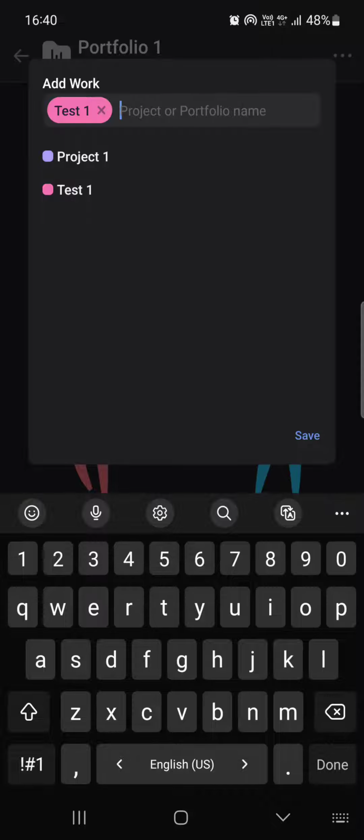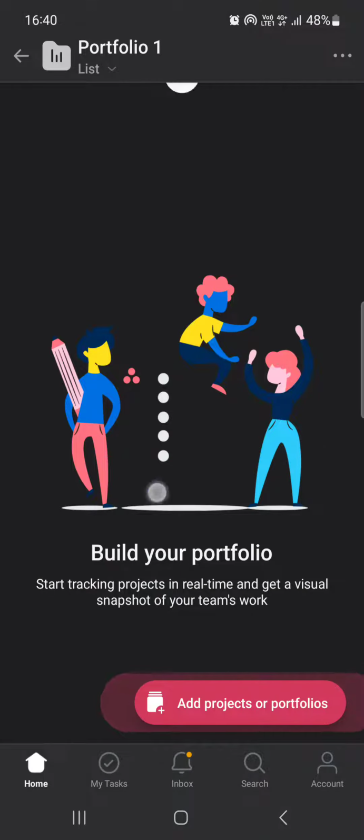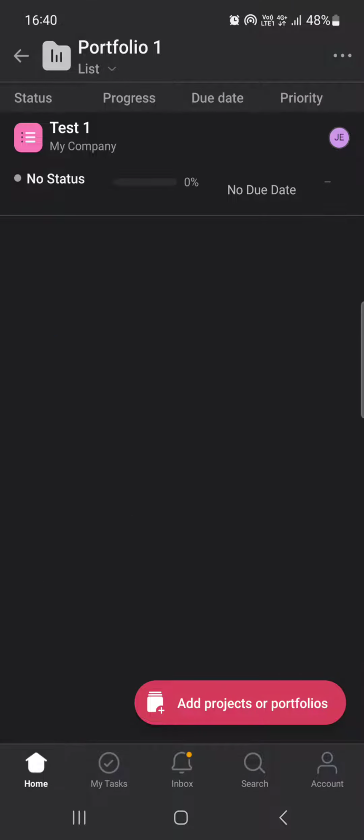So if we have a project, let's say test 1, we can add this to the portfolio and then tap on save. And then we can just find the project in the